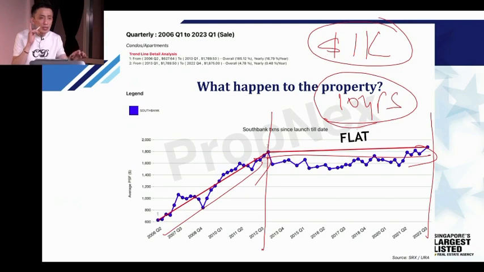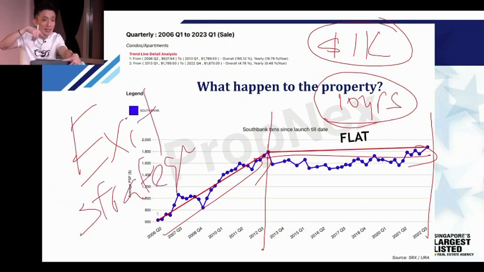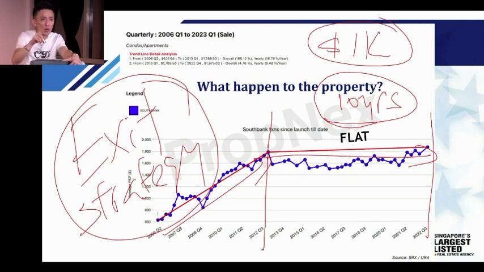No. So that's the reason why just now one of you asked, how do I better make use of my money? To sell a property or not to sell a property, you need to know one thing: when do I determine to sell? And later on, I will tell you exactly why. How can you learn the exit strategy without emotion? You see how I buy and sell property until today, what I have, is because I have a proven exit strategy with me. I know when to exit. I know why I need to exit. I know what is the best time to exit. That's how I do it.